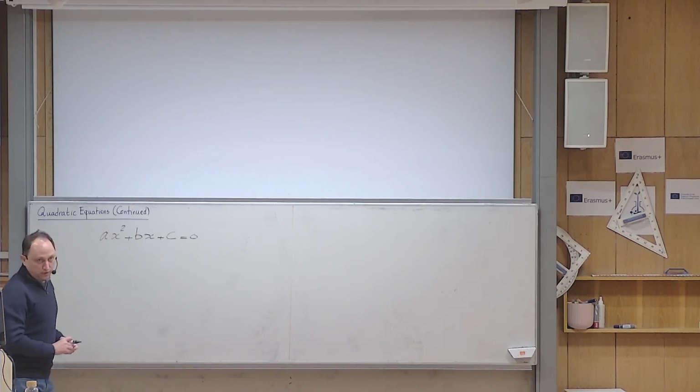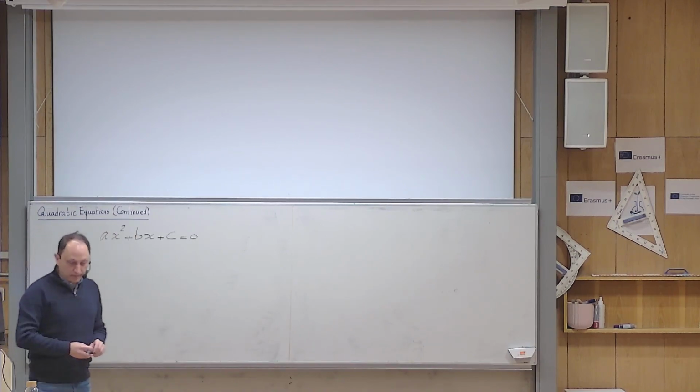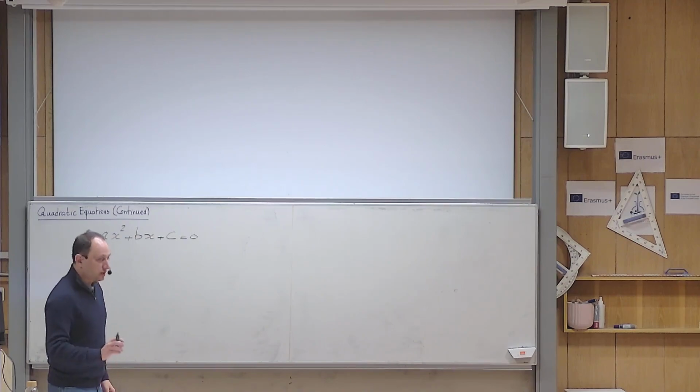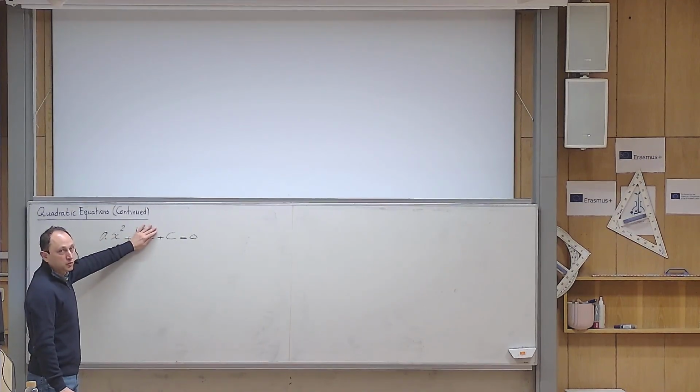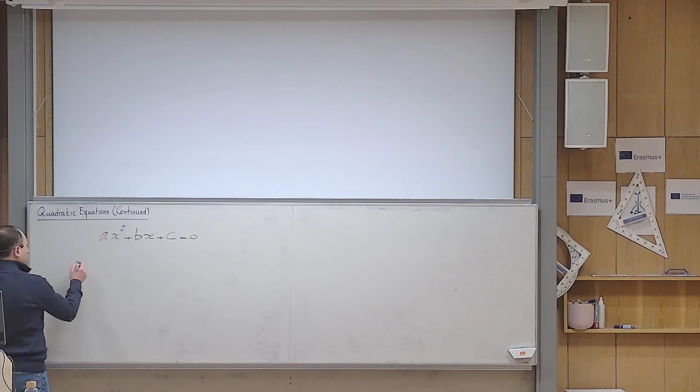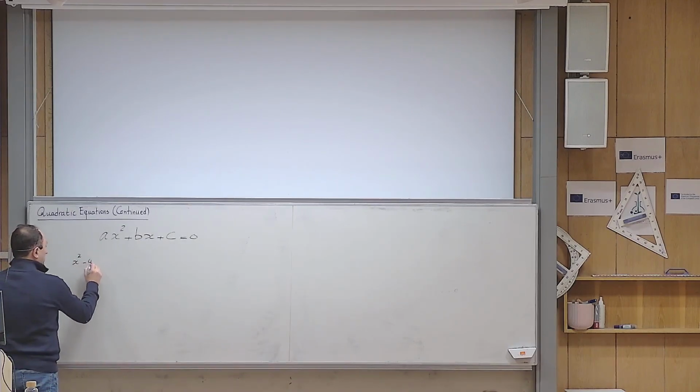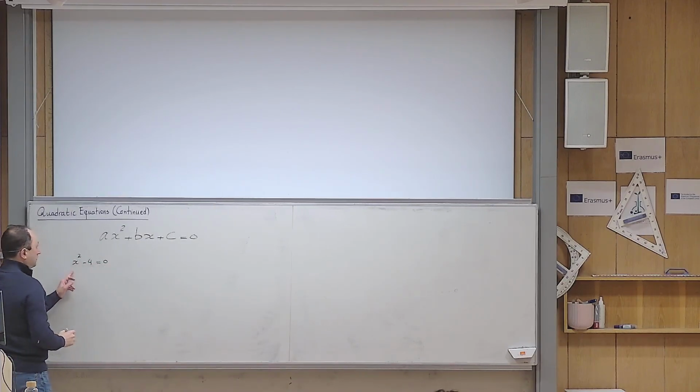And we want to solve it. We solved it, we considered the special cases. I told you that if b is 0, we did it in Math 1c. So let me give an example. For example, here, if I write x squared minus 4 equals to 0, if you compare this with that equation,